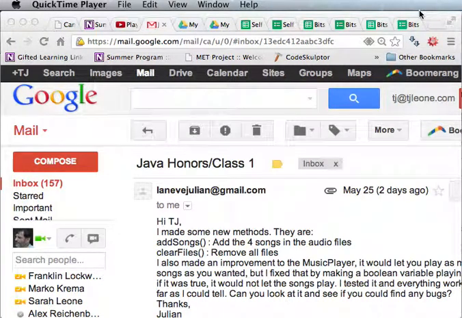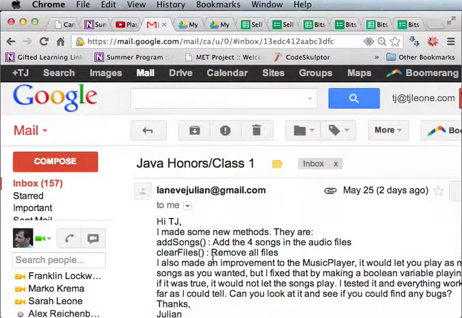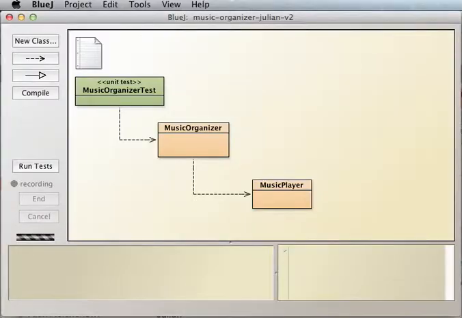Hey Julian, great idea for new methods to add songs and clear files. I like them. I just want to walk through the clear files method that you wrote to make sure that you're clear about what's going on with that one, because